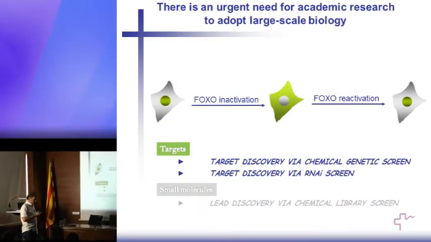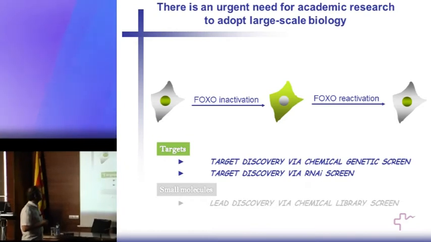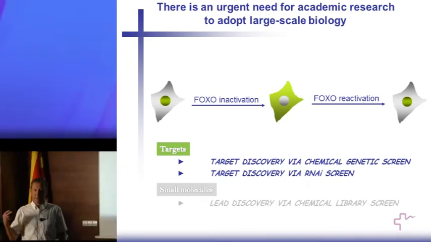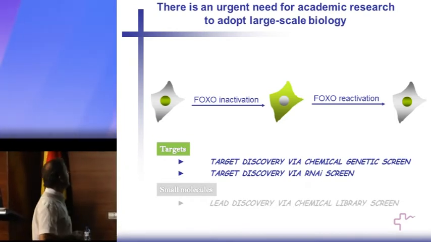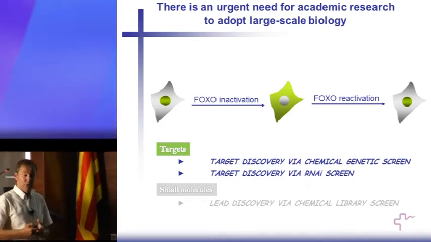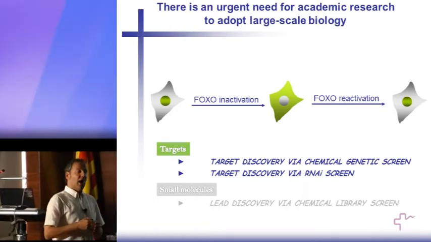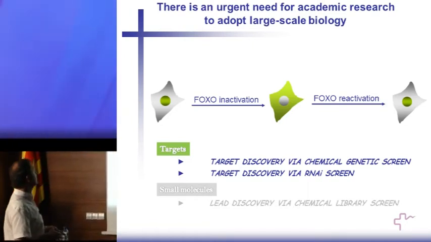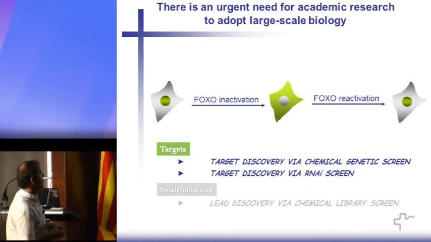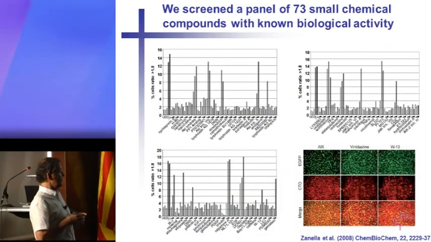Nevertheless, there is actually an urgent need also for academic research to adopt large-scale biology. So, and I will show you in the next few slides how we successfully used this approach for two